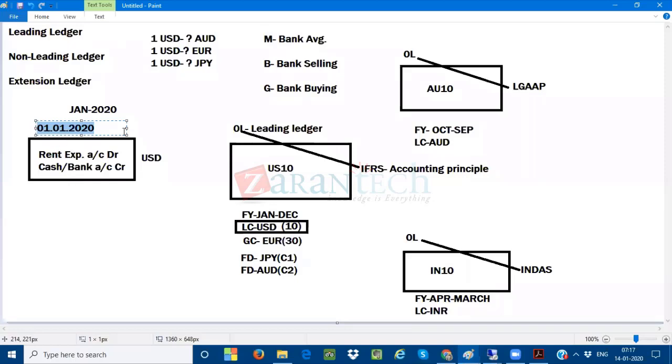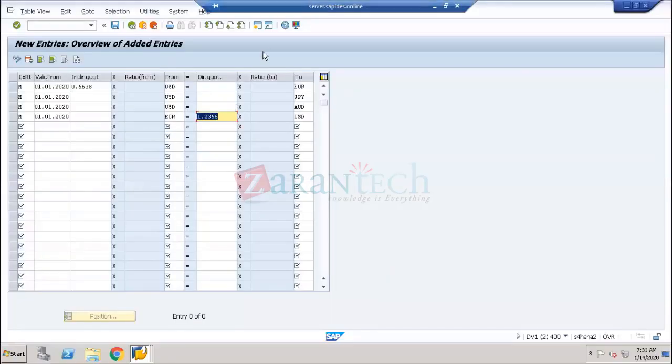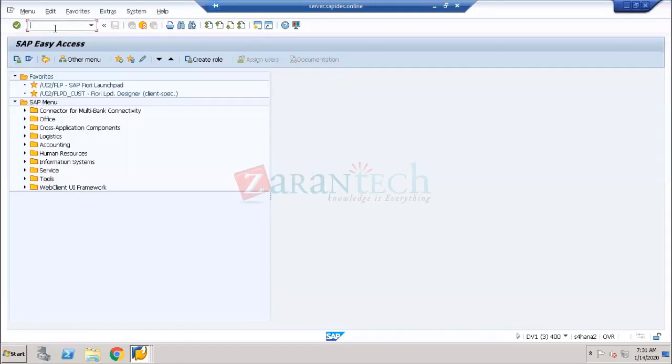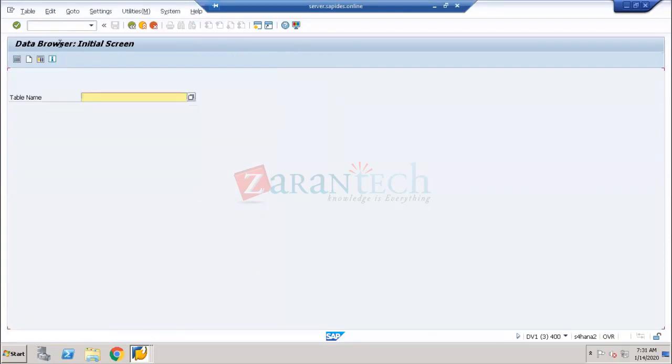Now, once the document has been posted successfully, if I want to see the document, what I have to do here is come to the table. SE16. If I come to the table, the ACDOCA table,